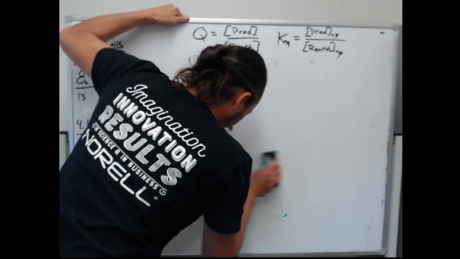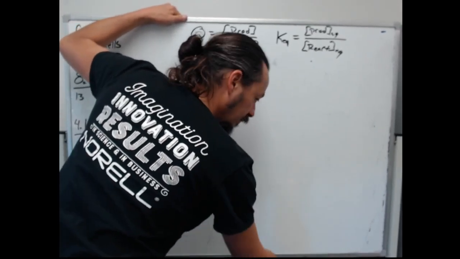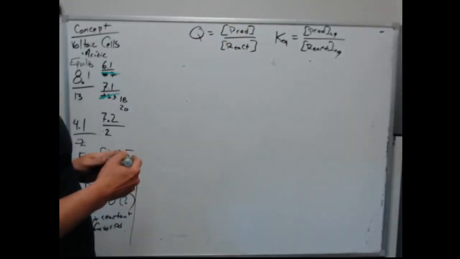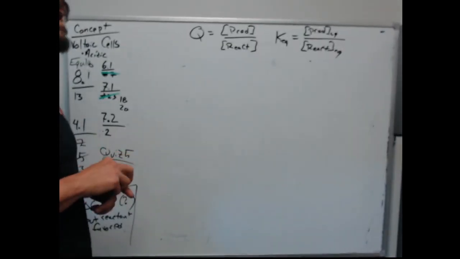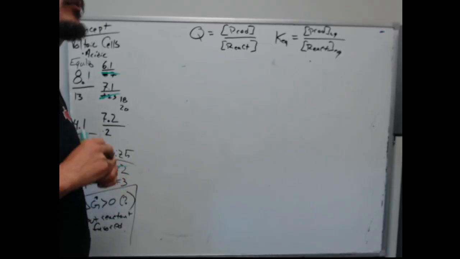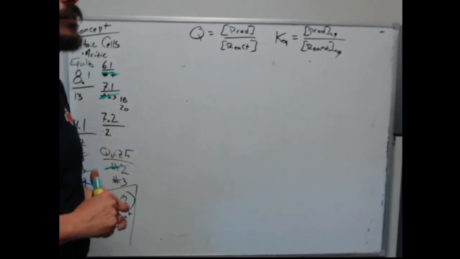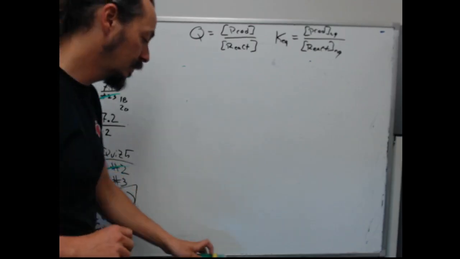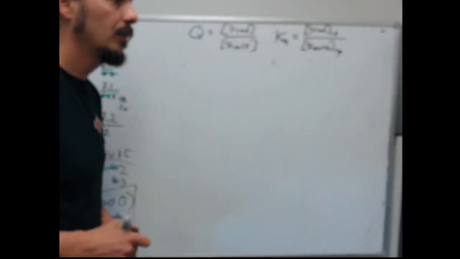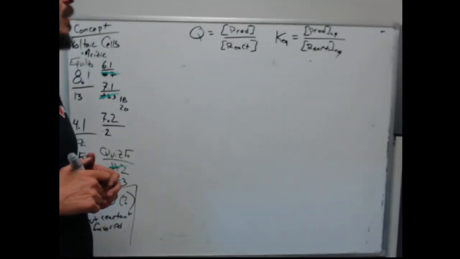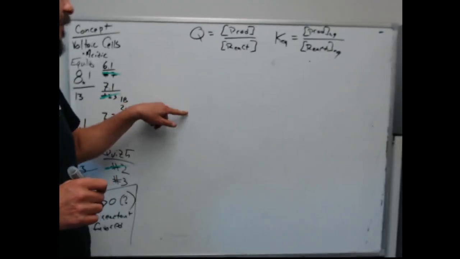Do we ever do ICE tables with half reaction stuff? You can't do ICE tables with half reactions, but you can do ICE tables with a full redox reaction. I was just thinking that in redox reactions there's stuff on the products and reactants on both sides. So let's go ahead and do